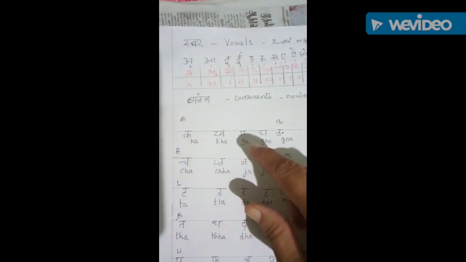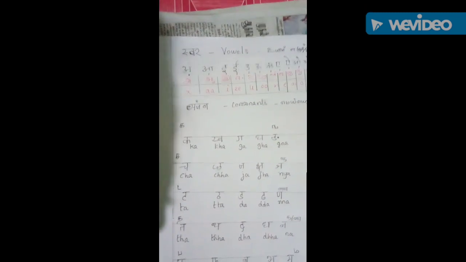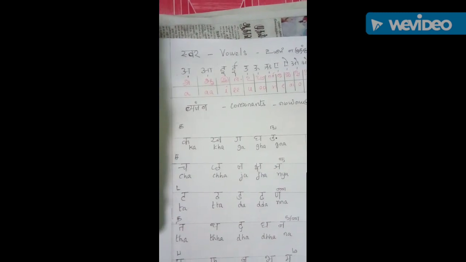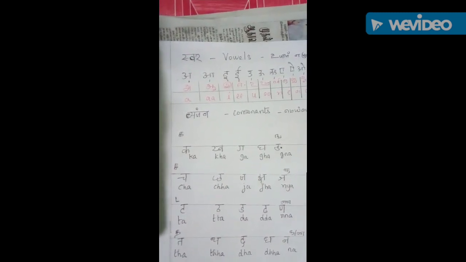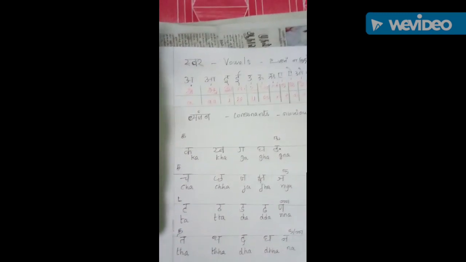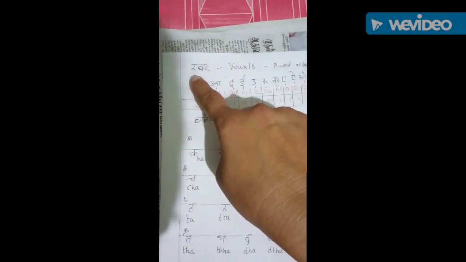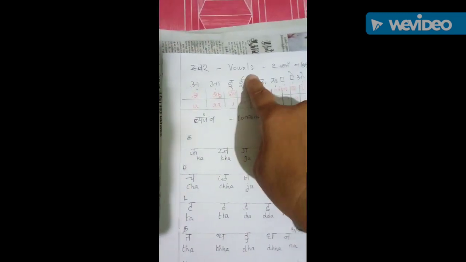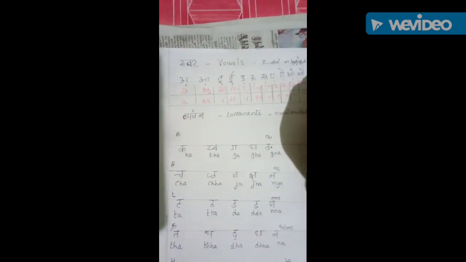Good morning. Now we are going to see about the swar and consonants in Hindi. We are going to learn both in English and Tamil how to spell Hindi, the letters of vowels and consonants. First one is swar, where swar means vowels. In Tamil we represent that as uyir ezhuthukkal.